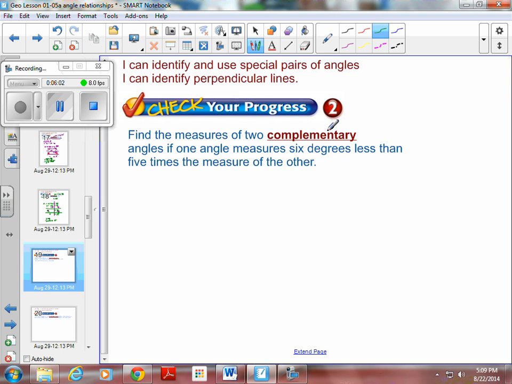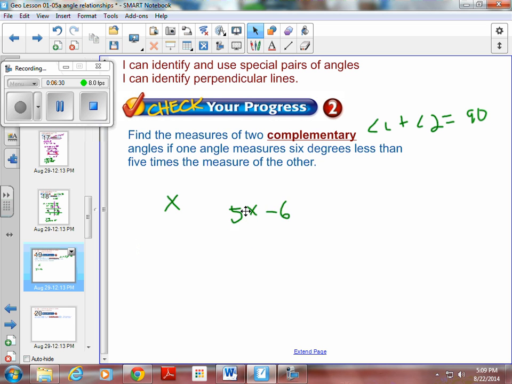Okay, complementary. Complementary means adds to 90. So again, you're going to get angle 1 plus angle 2 equals 90. If one angle measures 6 degrees less than 5 times the measure of the other one, so one is x, the other one is going to be 6 degrees less than 5 times the other one. Okay, so then we are going to add those together. Set that equal to 90